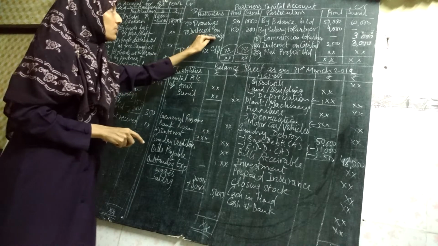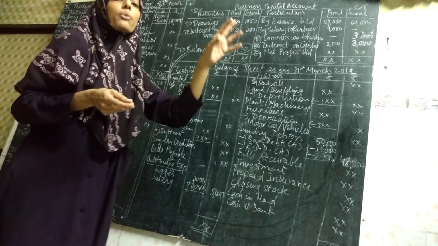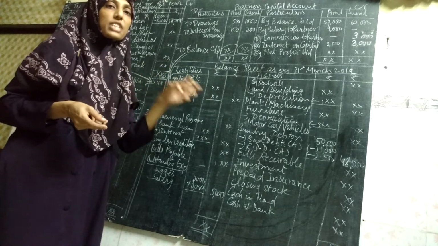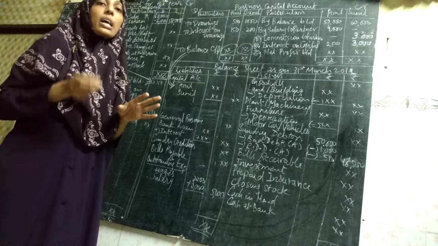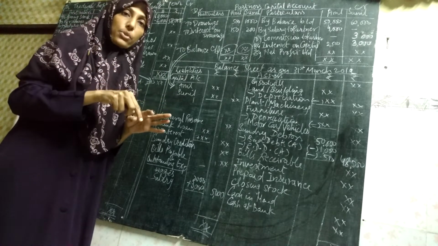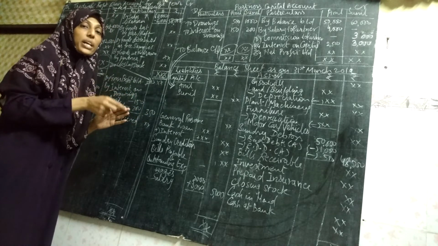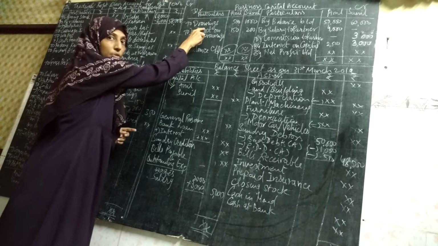Now what is interest on drawings? Drawings is when the businessman withdraws goods or cash from the business for his personal use. It is called drawings. Now interest is charged on the drawings. If the businessman has withdrawn the amount from the business,